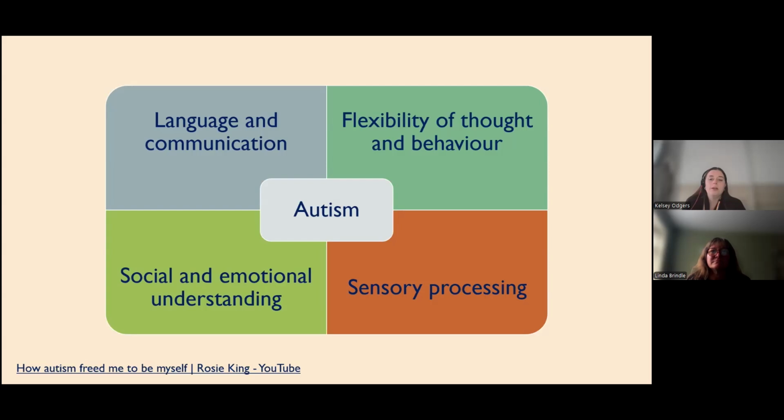And it's also important to share that whilst these differences can be part of an autistic presentation, they also may be better accounted for by something else or as just a standalone difficulty. So, for example, many people have sensory sensitivities but are not autistic. And also people who are anxious or who may have had difficult life experiences could become quite inflexible in their thoughts and behavior as a way of coping with what they've experienced. So that's why exploring these different areas within different contexts is important as part of that assessment process.